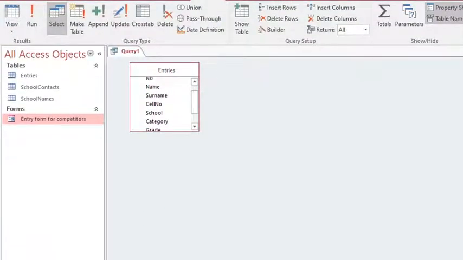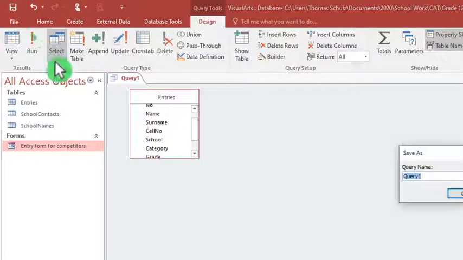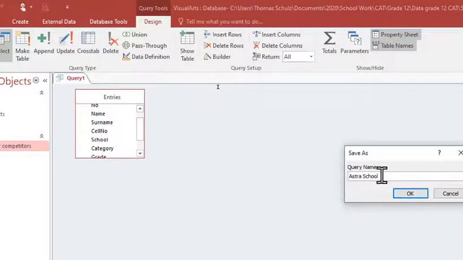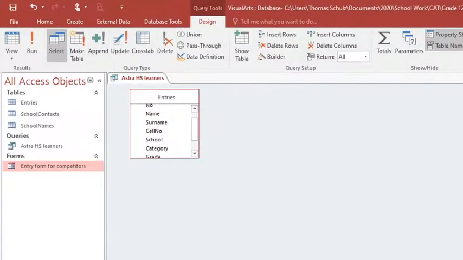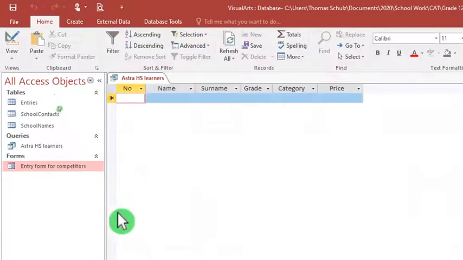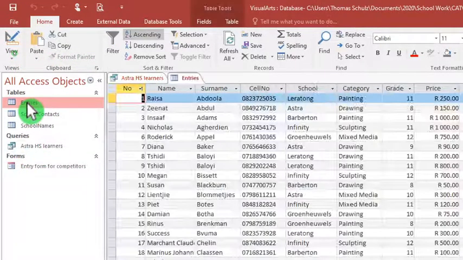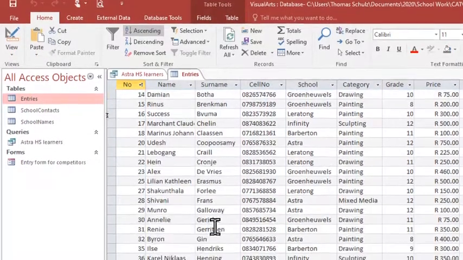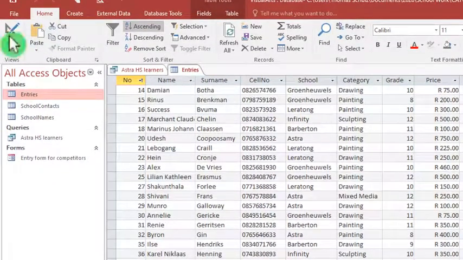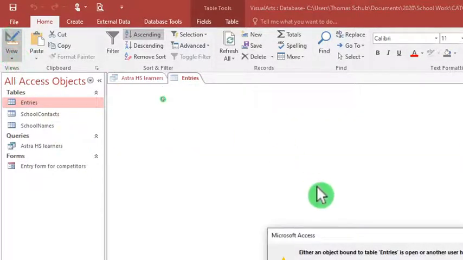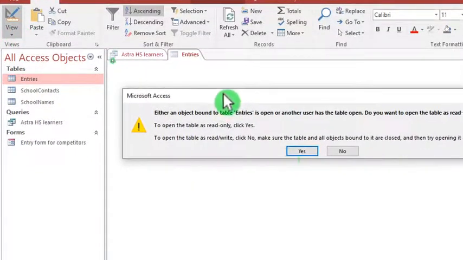Okay, and then if I save this, I can save this as Astra School or Astra High School. I should actually say Astra High School learners, and press OK. Now if I run this, there's nothing seen because let's quickly see Astra, the school name. Oh, it's just called Astra. So it's very important that we make sure that it's actually